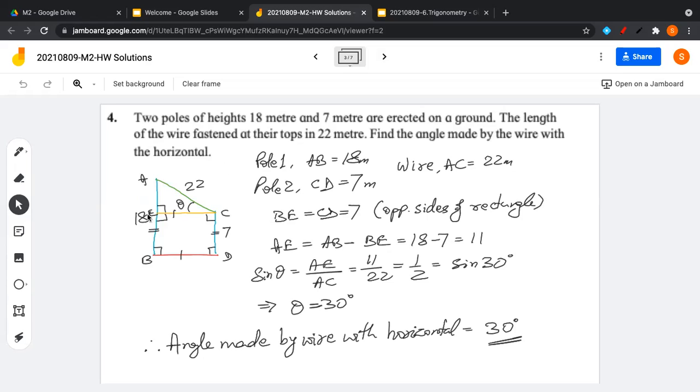So using that, in the right angle triangle AEC, okay? So if this is 7, this is also 7. If this is 7, the remaining is 11. So in this triangle, we know the hypotenuse, we know the opposite side, so we can find this angle. That is the question. We don't need to know how long BD is. That is not required. Okay. So here is a question where the angle is not given. We have to find the angle.